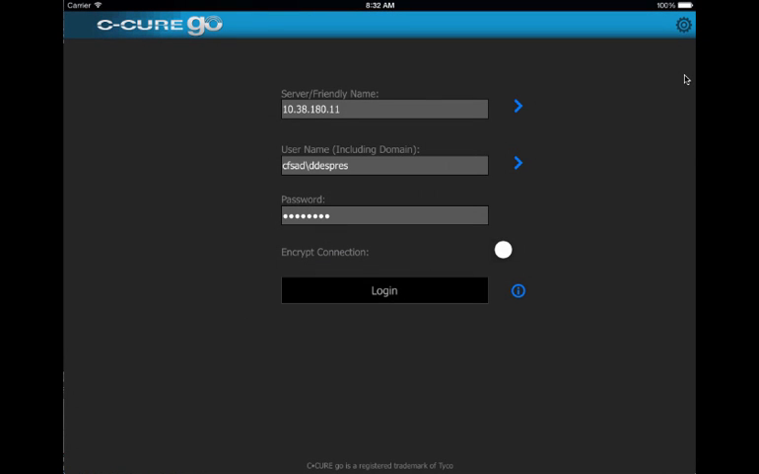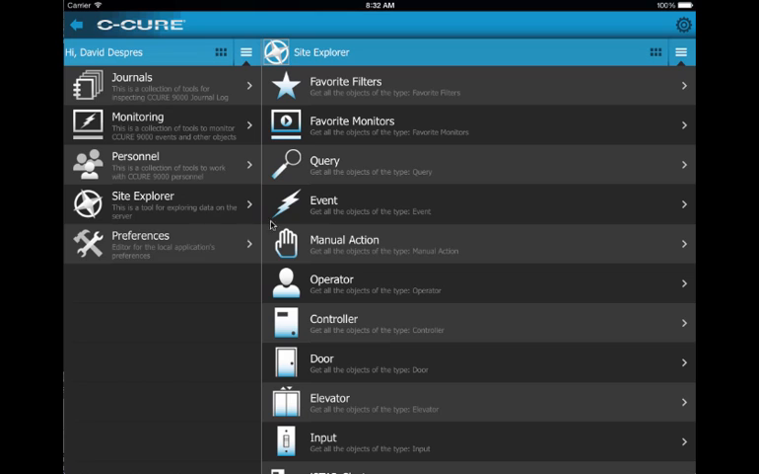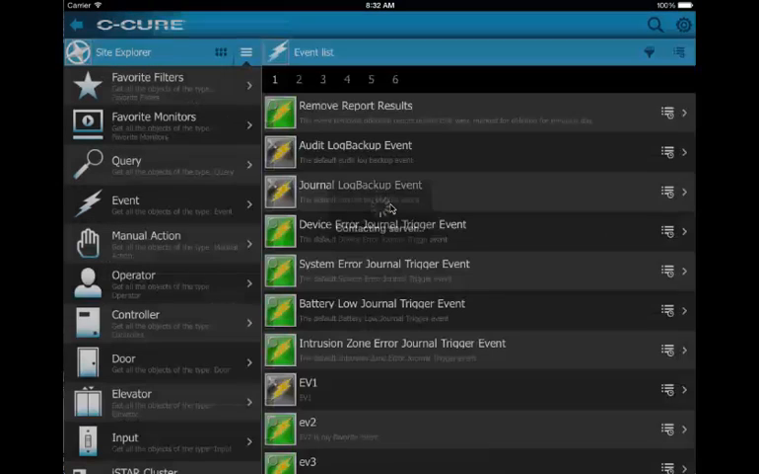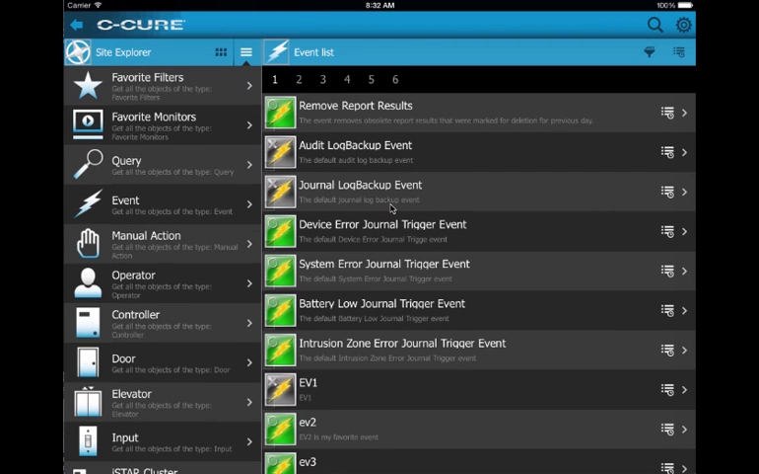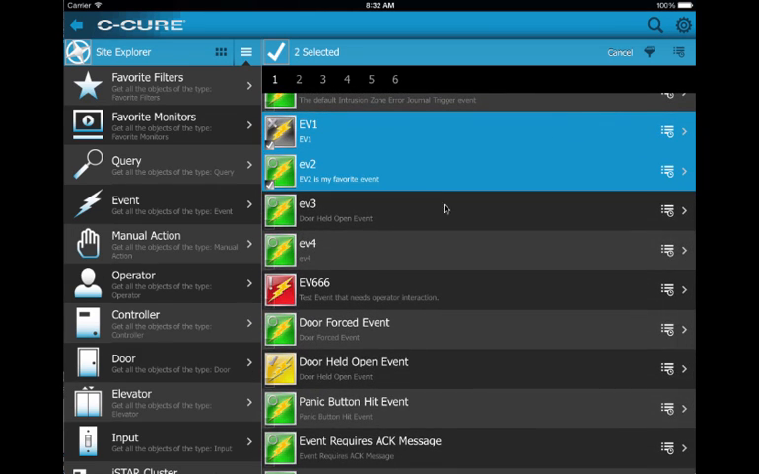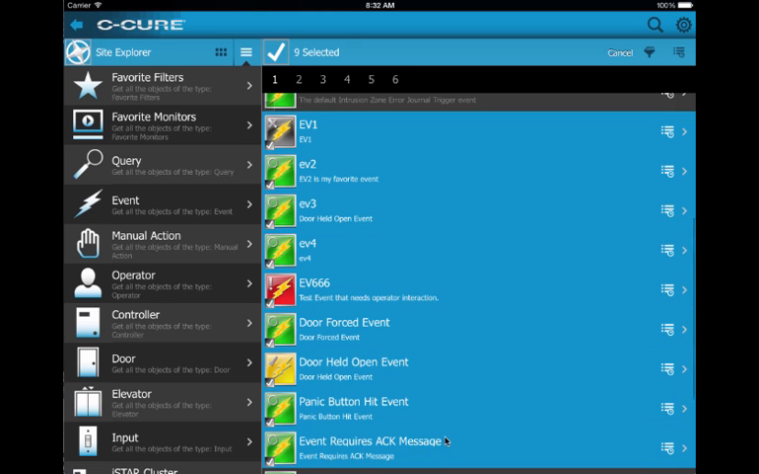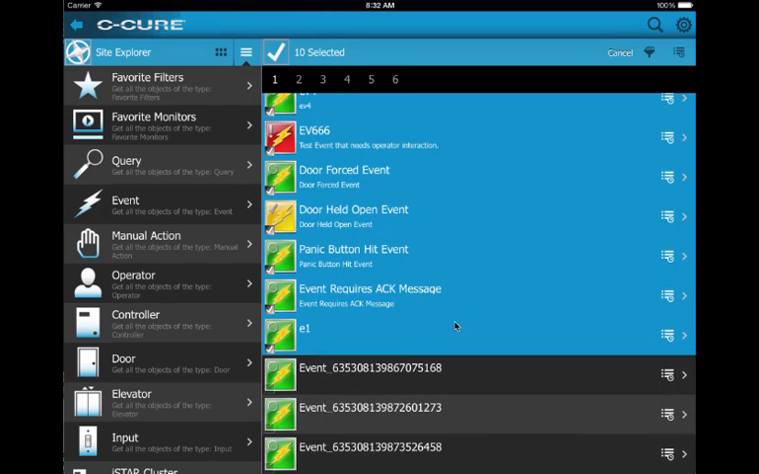Our next demo is the operator use case where we're going to monitor system events. So we're going to begin by logging in, going to Site Explorer, and going to Events. We have a list of events here, and I'm going to go ahead and pick events that I want to monitor. Come to the first one, it's EV1, and I want to scroll up. I want to keep getting all of these by simply clicking on them. And now I want to begin